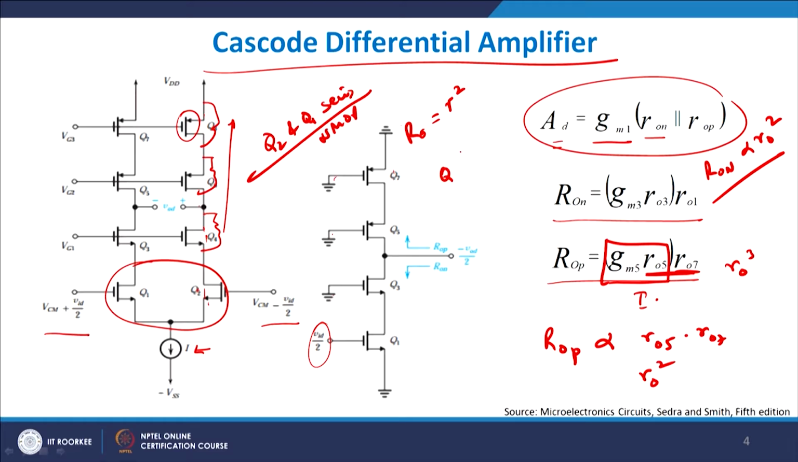Similarly, Q6 and Q8 are again in series, and I get GM3 multiplied by RO square. So, what I get is RON equals GM3 multiplied by RO square. I get ROP to be equal to GM5 multiplied by RO square. And therefore, simply by choosing a higher value of GM3 and GM5, I can actually manipulate the overall resistance or the overall gain of